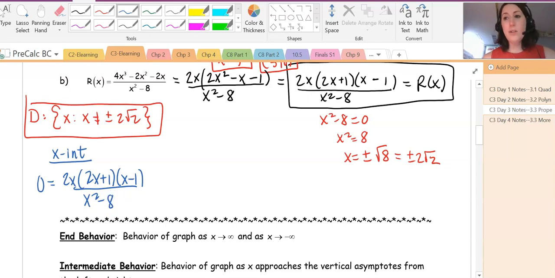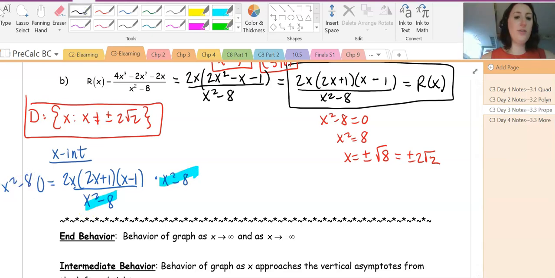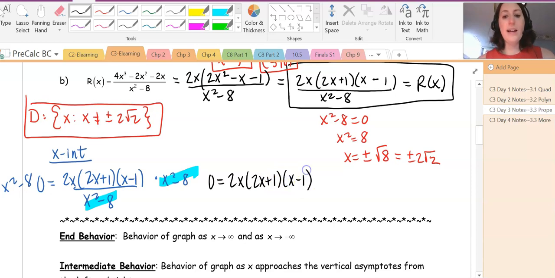All right, again, you can also think of it as just multiplying by x squared minus 8 on both sides, which cancels these guys, and then you just have a 0 equals 2x plus 1, x minus 1,